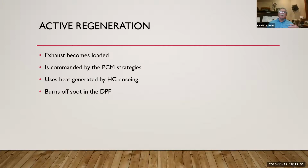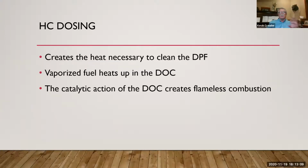So it's going to command strategies to start cleaning the exhaust, and we're going to use heat generated by what we're going to call hydrocarbon dosing to make this happen. And that heat is then going to burn the soot off in the DPF. So what is hydrocarbon dosing? Well, hydrocarbon dosing is when we're going to actually add fuel to the exhaust